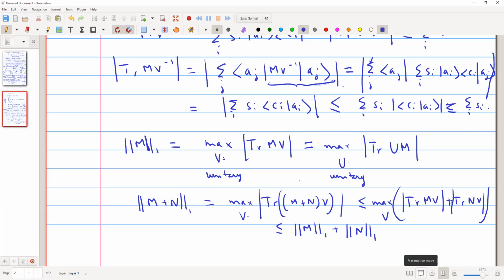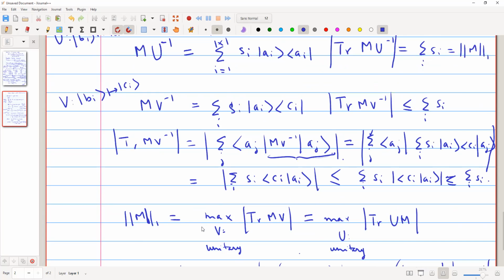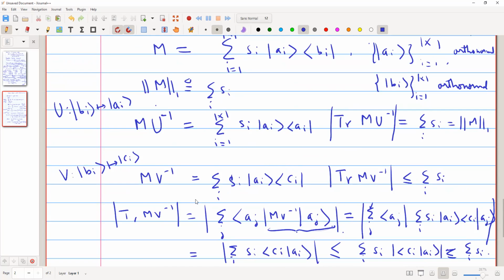If for some reason the same V maximizes both M and N, I know what the V that maximizes this is, the unitary is of this form. And if the same unitary U maximizes the expression for M and N, it basically means that